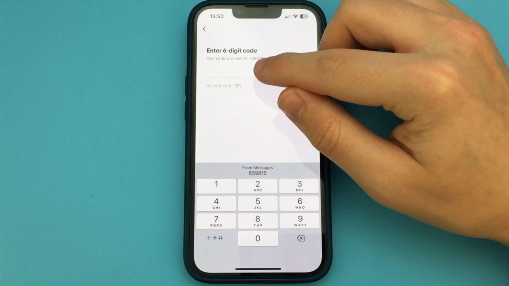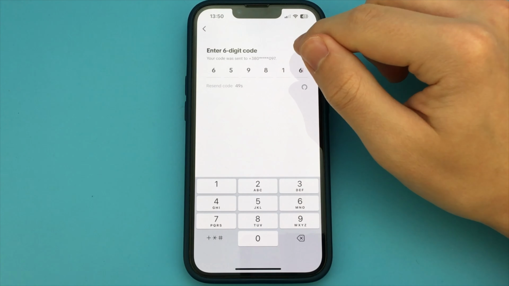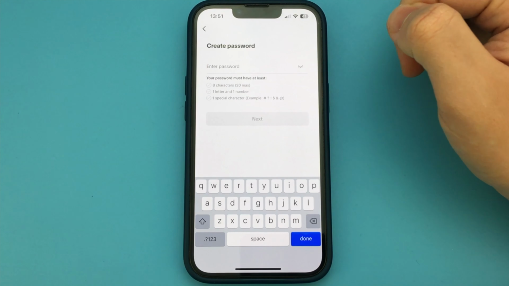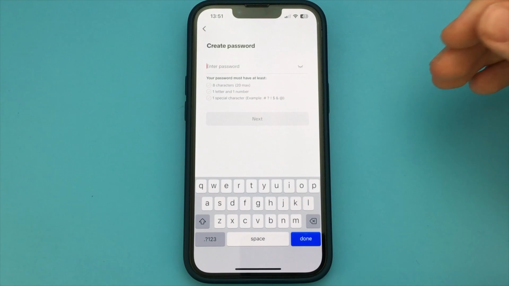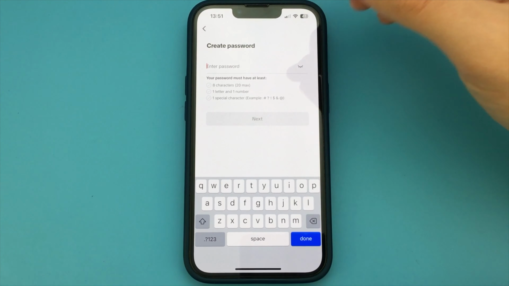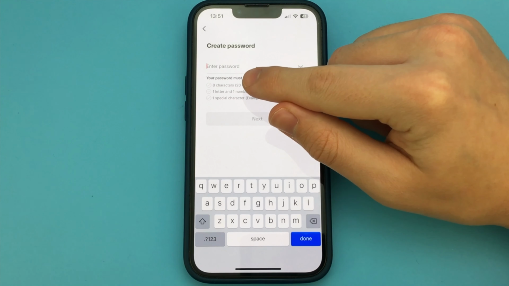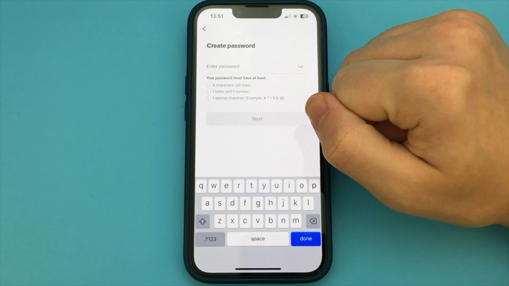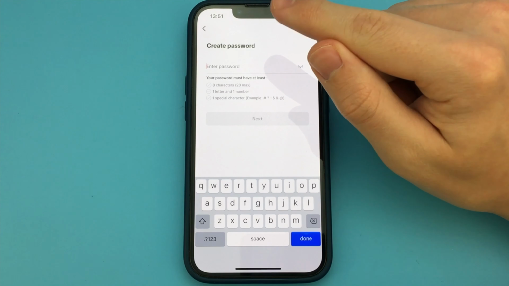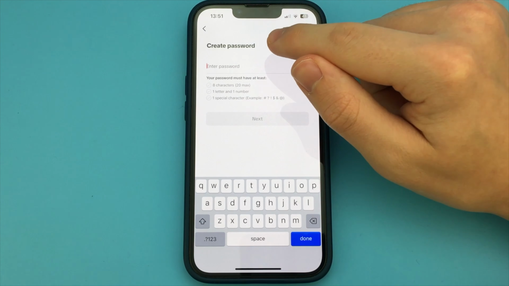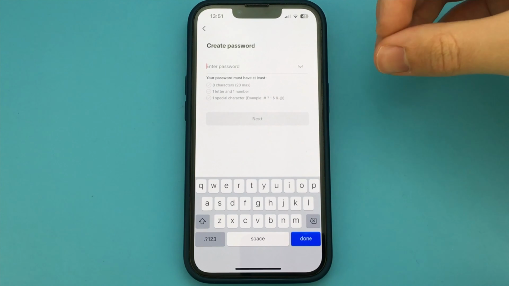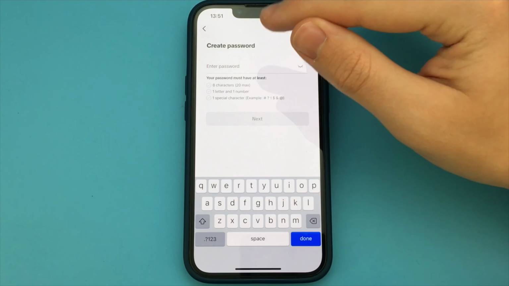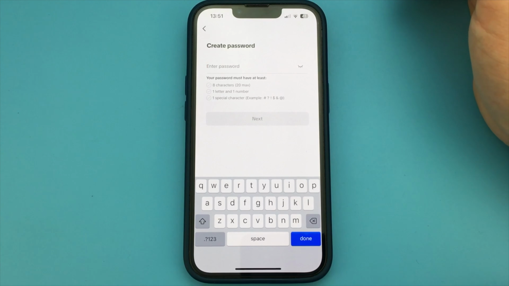And here should come the code either on Messenger or in a regular message or Telegram. Anywhere on the phone number which you had specified in TikTok. I have already received it. Let's enter it. Enter this code. Now we can specify a new password that we want and click Next. After that, we set a password for our TikTok, and with this method you can easily change your password in TikTok. The main thing is to observe all the points that are specified here in the password. As you can see, this is a very simple and quick way.